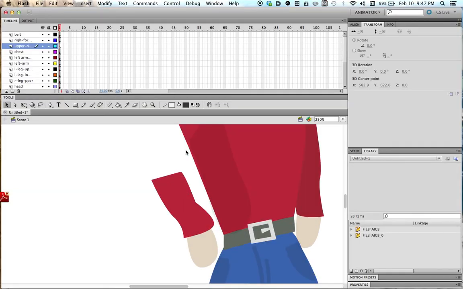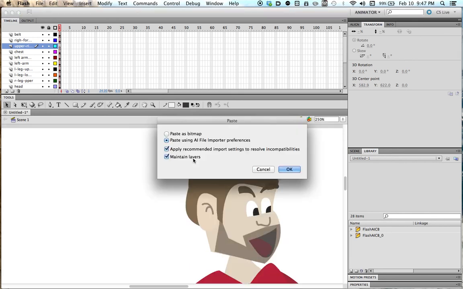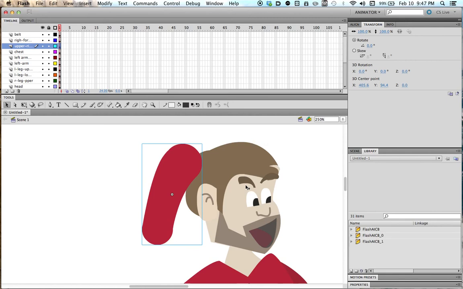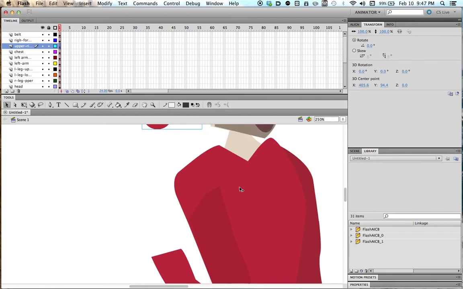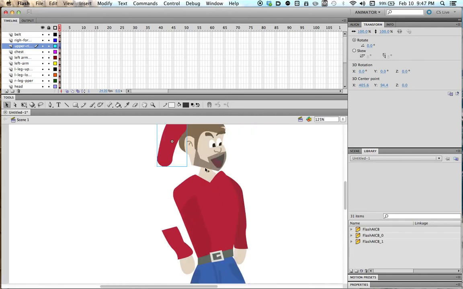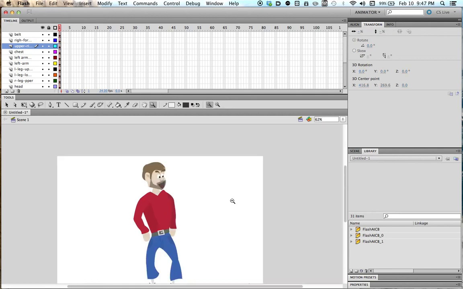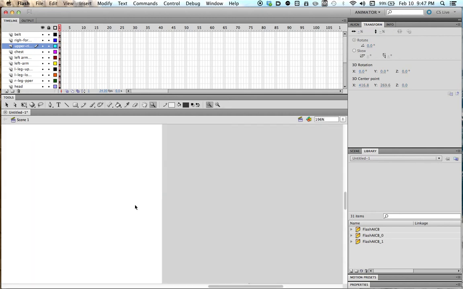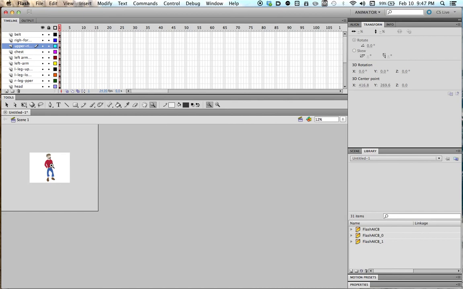I'll just simplify it a little bit. And that seemed to solve the problem. I just simplified it some. So we'll drag it back down into that area. Okay, so we've got our simple guy. And what we need to do now is create a simple